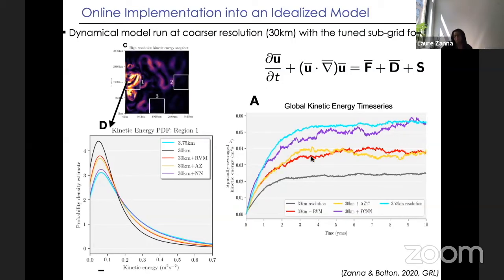Overall, the neural net did better than the equation discovery. So the equation discovery is this kind of red line over here, and I'm plotting the total amount of energy in the flow. It's simply because we couldn't push it higher up. There might be many reasons for it, and again, I'm happy to talk about it later.